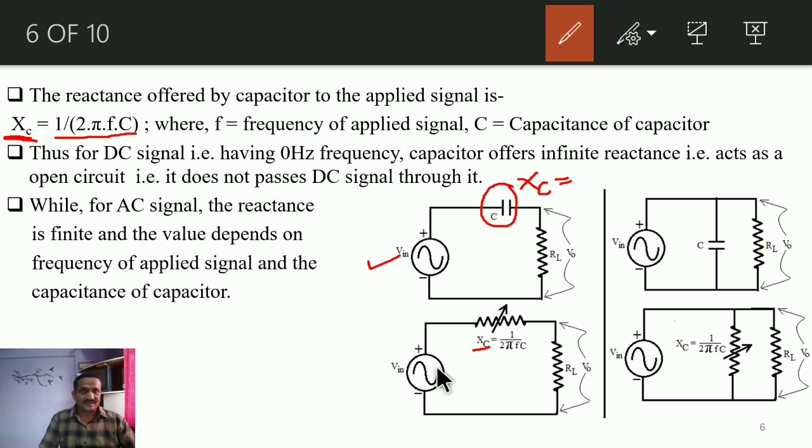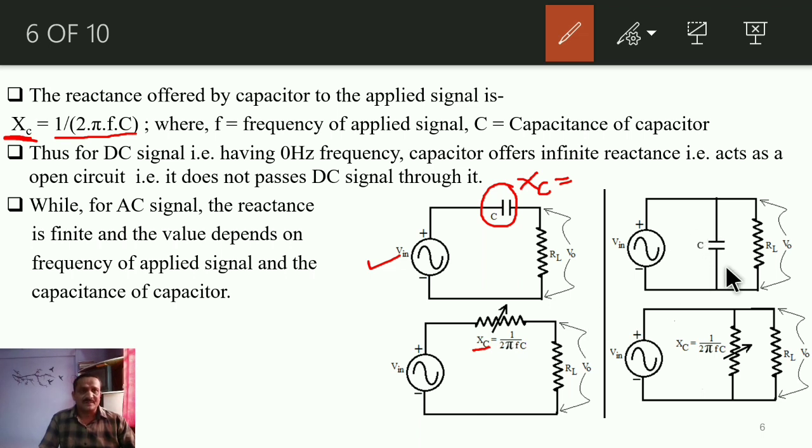So according to the change in input signal frequency, our output voltage also will change across this load resistance. Whenever it has 0 resistance, output will be 0. Whenever it has a moderate frequency, then the output will be moderate. When the frequency is very high, the obtained output will be almost equal to input, because the reactance will be closer to 0 for a very high input signal frequency, right?